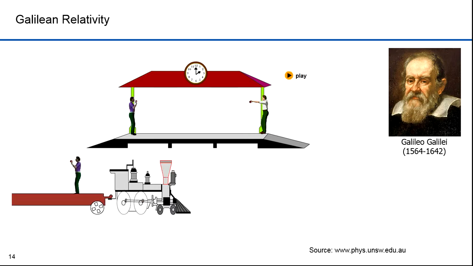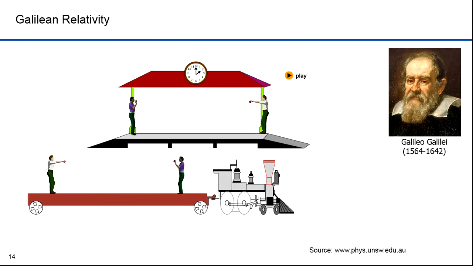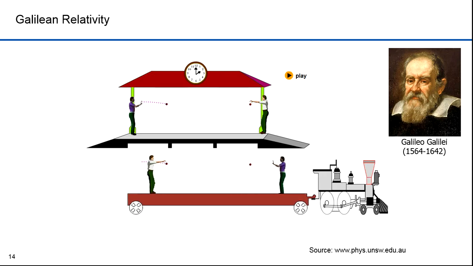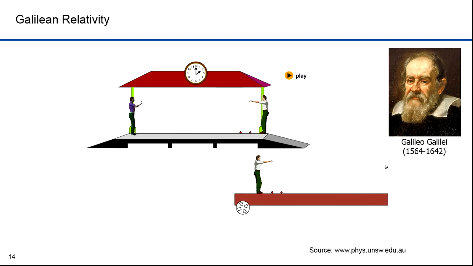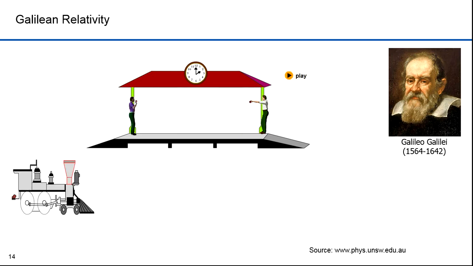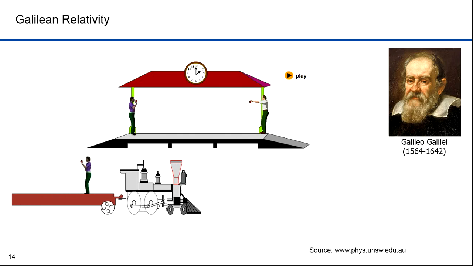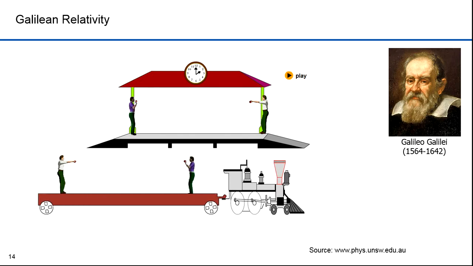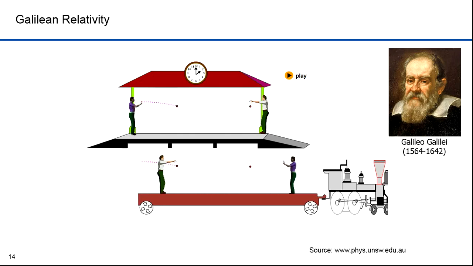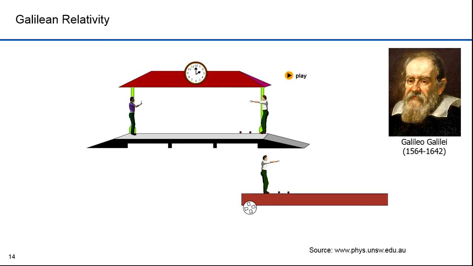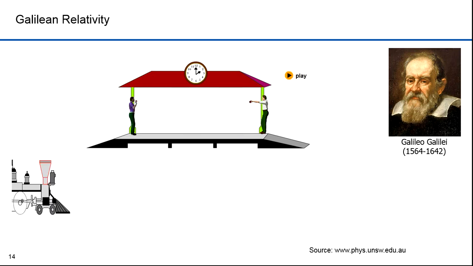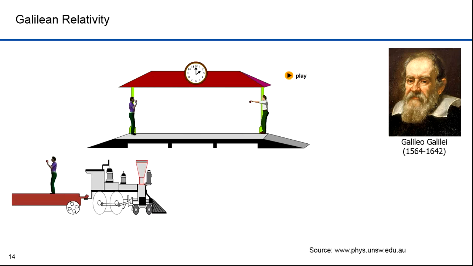According to Galilean relativity, if you conduct an experiment on the train moving at a constant velocity, you'll get the same results as if you were on the platform. A ball dropped will go straight down, whether you're on the platform or on the train. A ball thrown will travel over a distance, again whether you're on the platform or on the train. On the platform, the guy on the right drops his ball, the guy on the left throws his. We understand that motion since we're in the same reference frame.